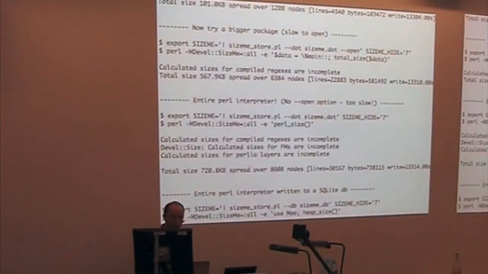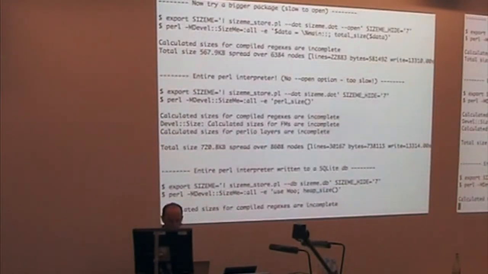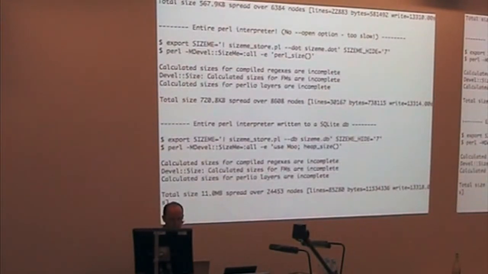So what we do is we ask the store function to write a database. So it writes a SQL-like database. And here I'm going to load in moo. I'm also going to call heap size. Now, we called Perl size a moment ago, and that's the size of a Perl interpreter. Heap size goes one level up and tries to include information about the size of the whole process and the size of the malloc space. So, we run that, and then what we do,